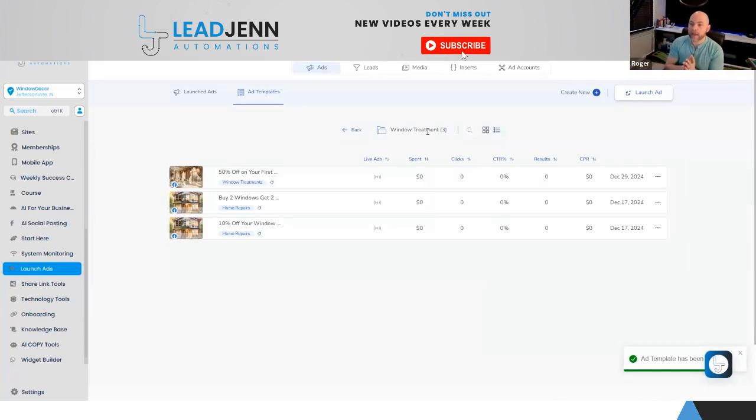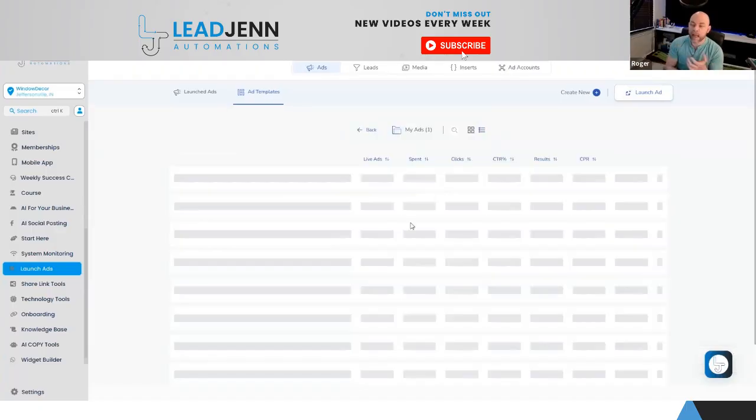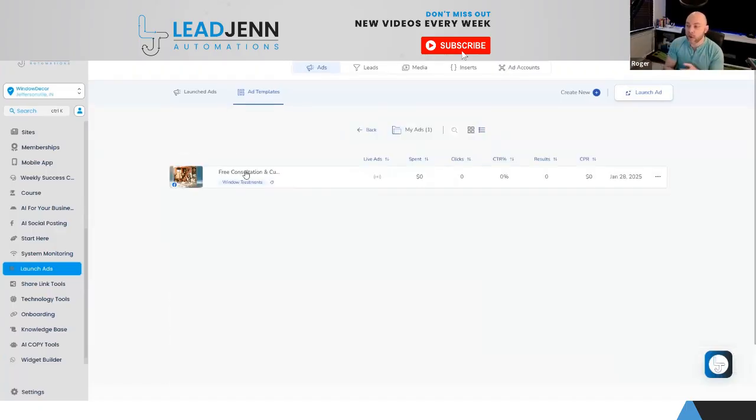So when you publish that ad, and if you click back, you should now have a folder. It's got my ads. You've got your first offer. And instead of going through that whole process again, even though it's easier than doing it inside Business Manager, it still takes a few steps. And we're lazy. We want things to be fast. So you can click the three dot menu icon. You can hit duplicate